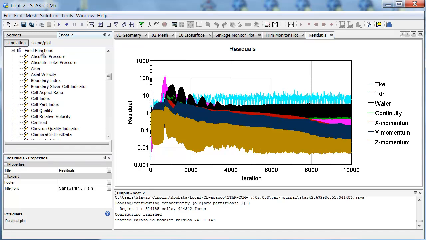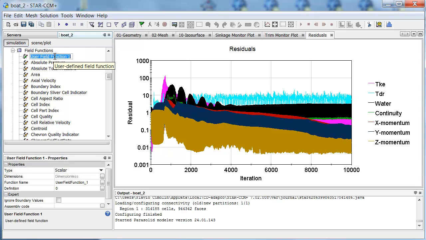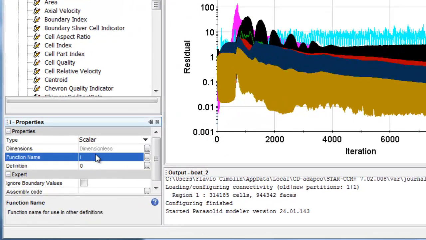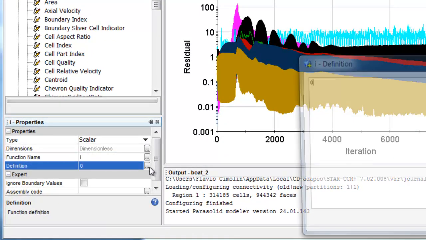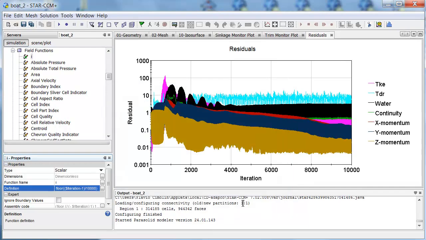So, let's first of all define a new function, which we call I, giving to it the same function name I, and with the definition involving the function floor, which is the integral part of the division of iteration minus 1 and 10,000. This means that this function will have a value 0 for the first 10,000 iterations, then switches to 1,